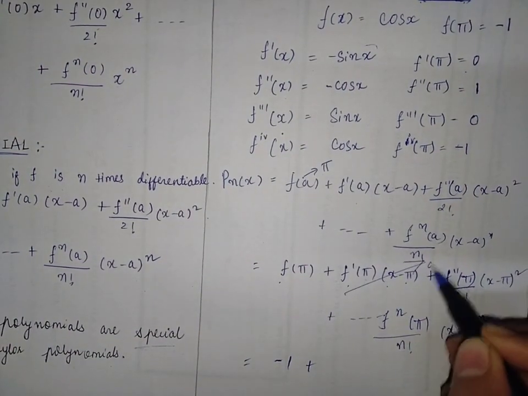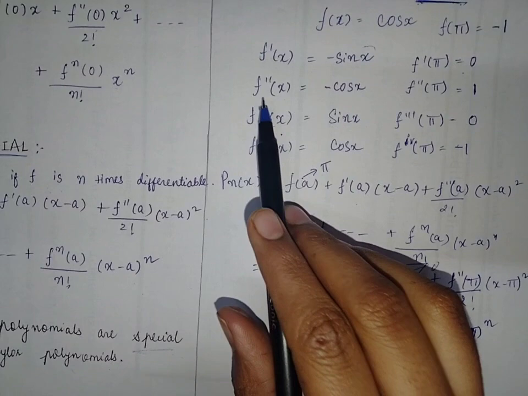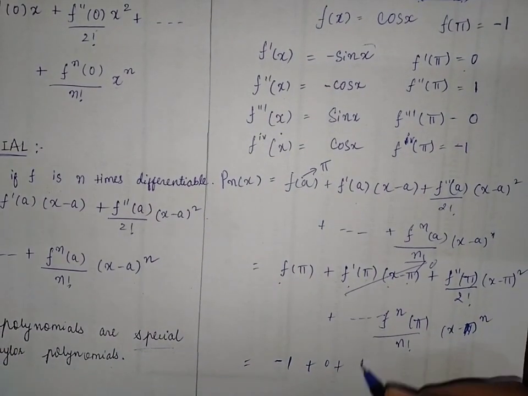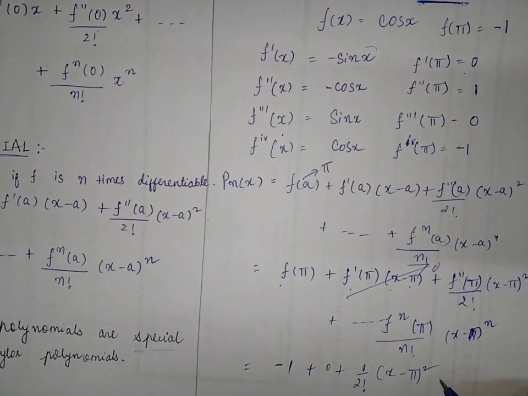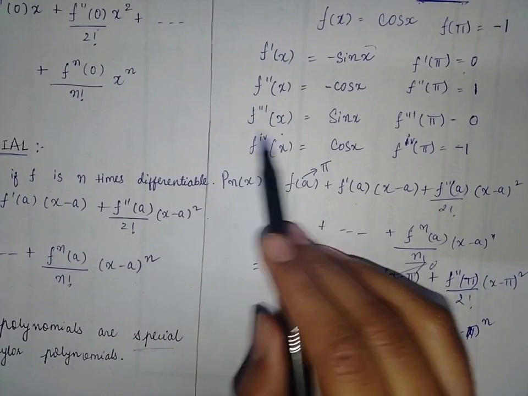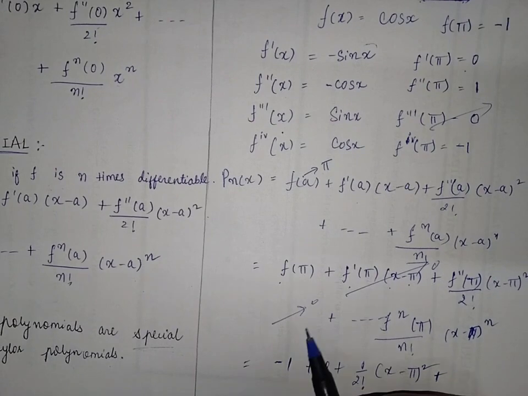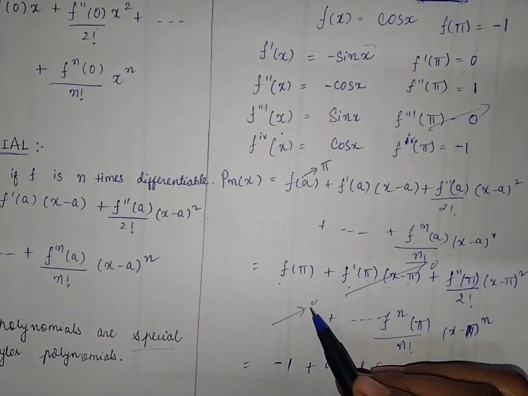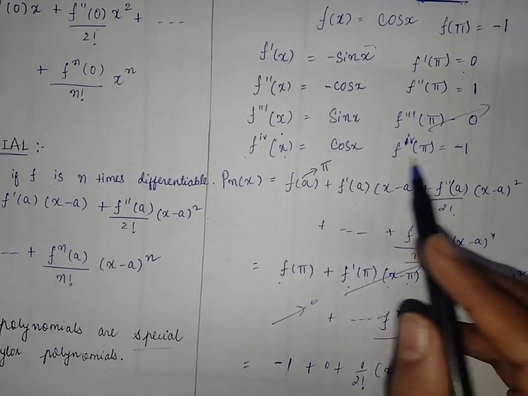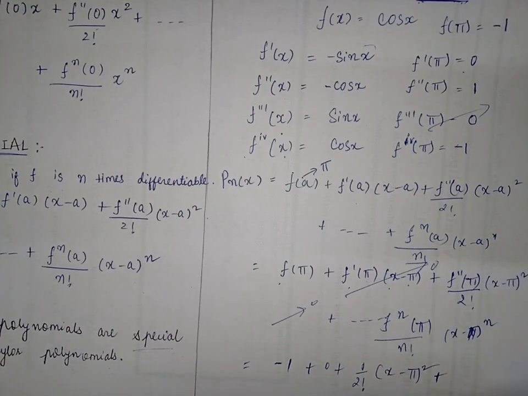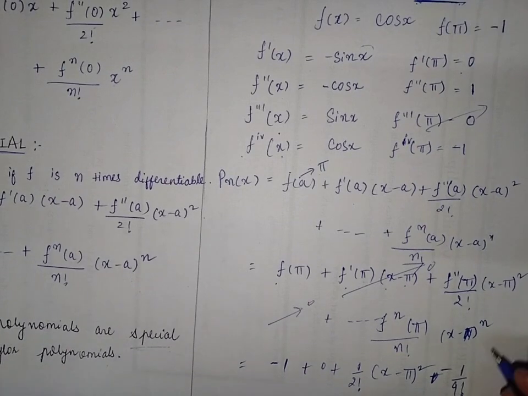So here we will get minus 1 plus f dash of pi, 0. So this term will be 0. Then f double dash of pi, what we got? F double dash of pi, that is 1. So 1 by 2 factorial into x minus pi whole square plus, what was our third part? Again it was 0. So the third term will also be 0. Then for the fourth term, f of pi is minus 1. So here we will get minus 1 by 4 factorial, and here x minus pi raised to 4 up to